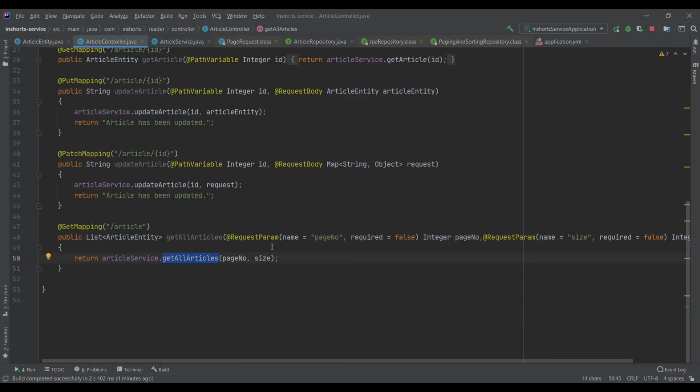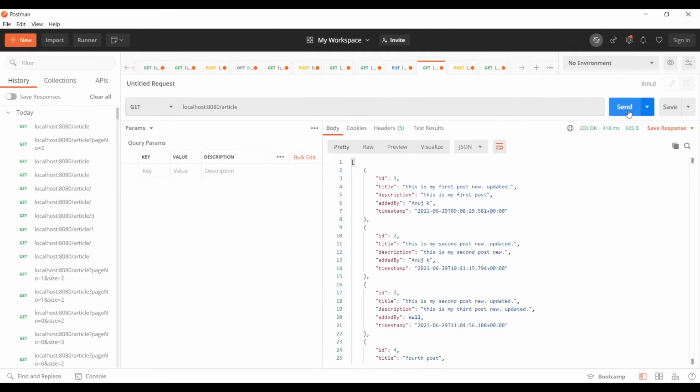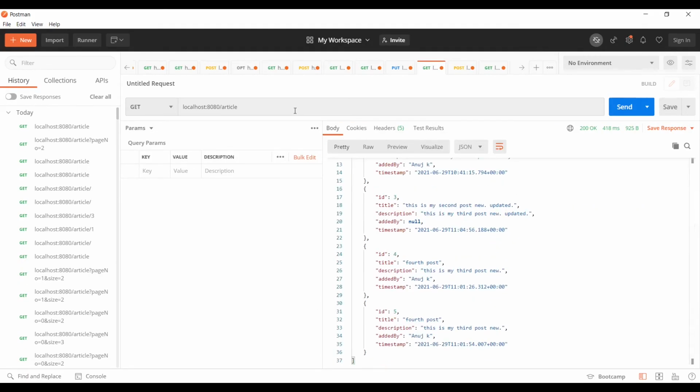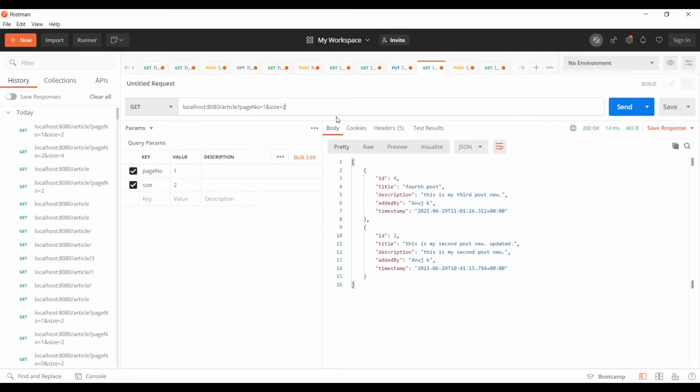There is one last problem with this, so let me know in the comments if you found that problem. But first let's test this out. Now if you hit this request, it will give you all the articles since both the params are null, and this works as well. The only problem with this approach is that since you have added an attribute called non-mandatory for these particular keys,